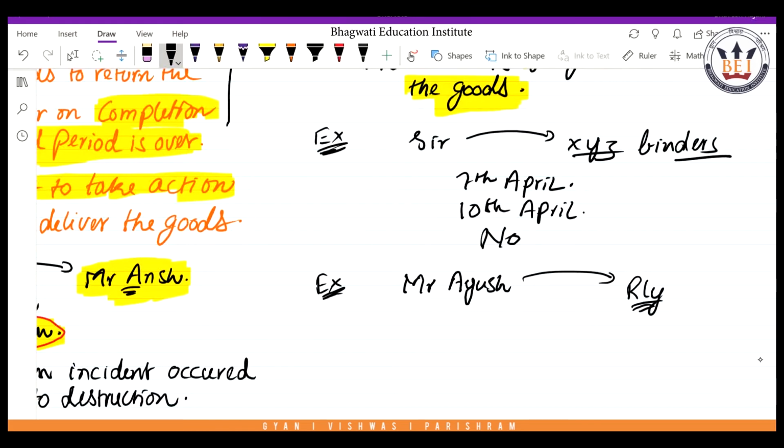Ayush is from Kolkata, and he wants that the railways gets his horse from Kolkata to Bangalore, right? So Ayush wants the railway people to get his horse from Kolkata to Bengaluru,